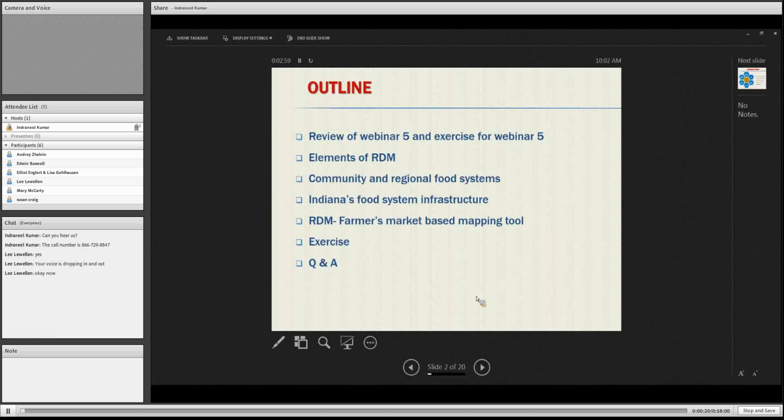RDM is a platform which is being built to support regional planning, and it has additional data other than industry and occupation cluster. Then a bit of background on regional food systems and Indiana's food system infrastructure, and then in RDM, Andre will show you the farmers market mapping tool that we have been developing, and then some discussion on